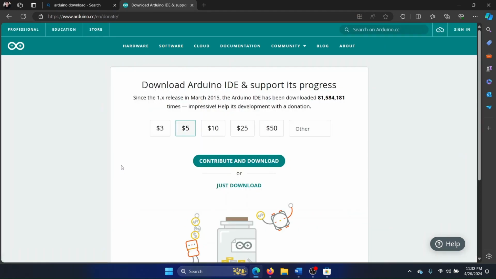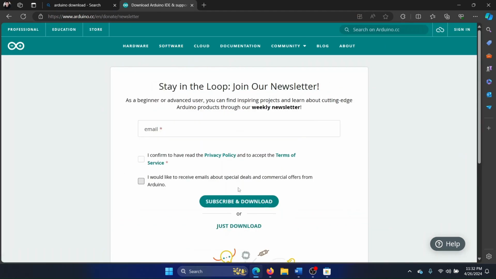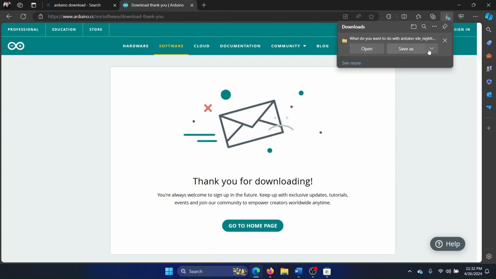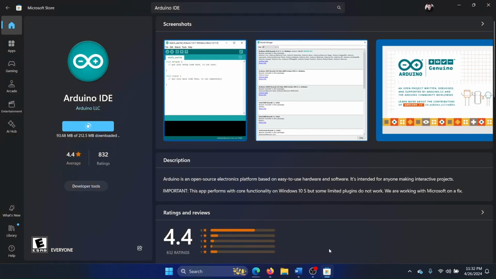on Windows, and then you can click on just download and just download once again. It's a free software, so it will be downloaded easily, and then you can click on save and it will start saving the software. Alternatively, you can see that it's quite a huge software on the Microsoft Store, but you